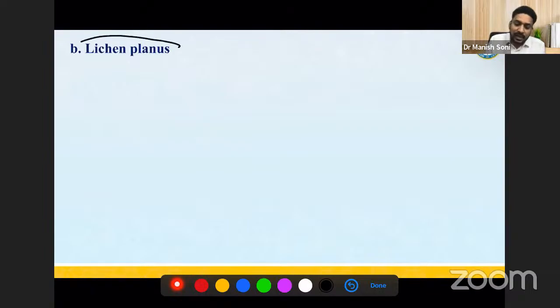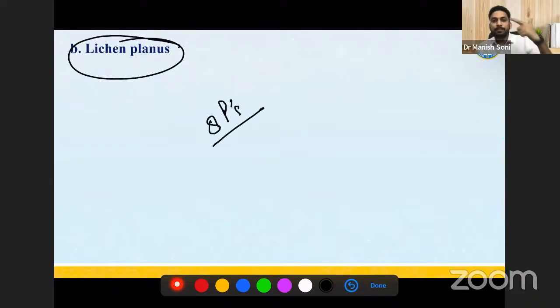So lichen planus is another important topic for your exam. Remember the 8 P's of lichen planus. I have already told you 5 P's, that is plain, purple, polygonal, pruritic, papules. So 5 P's I have already told you. Remember a few more P's, and that is